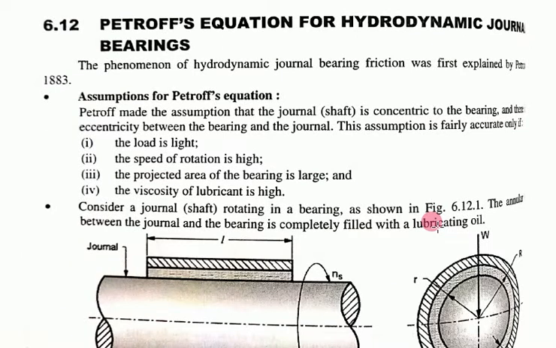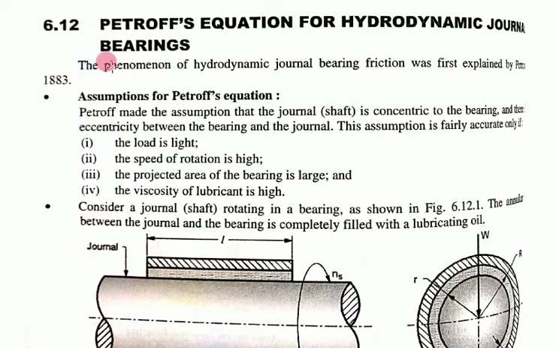Hello students, last time we have seen the types of journal bearing, and then we have seen about the lubrications in detail, means different types of lubrications, then requirement of good lubrication, then the properties of lubrication. So all the things we have seen, and today we are going to discuss Petrov's equation for hydrodynamic journal